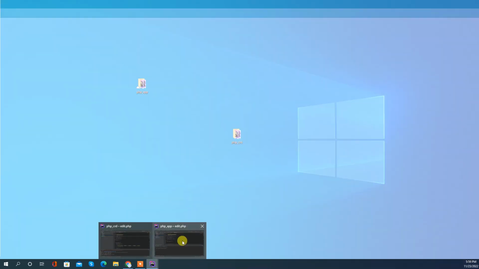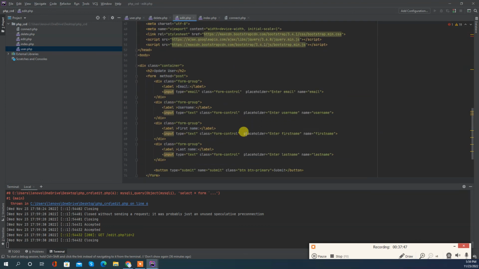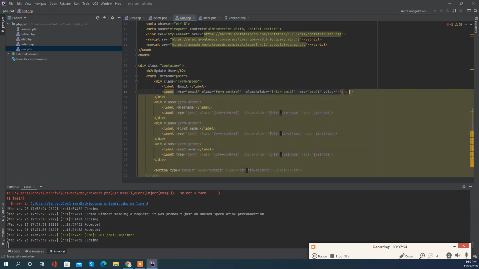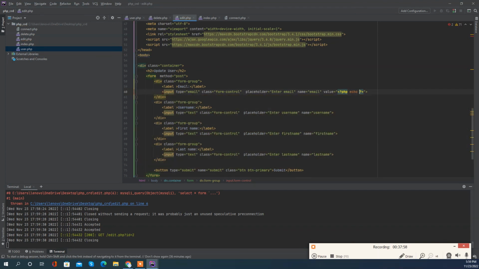Okay, we didn't display the values down below here. For that we'll use the value attribute and a PHP opening tag, closing tag, echo first name. No, it's not the first name, it's email. You can copy and paste it with value and